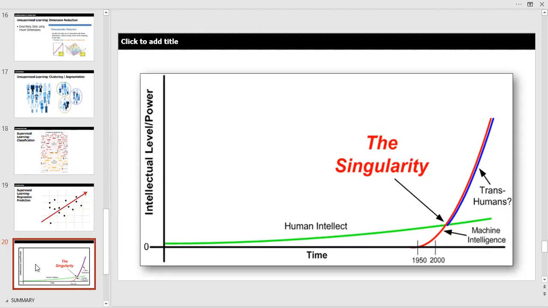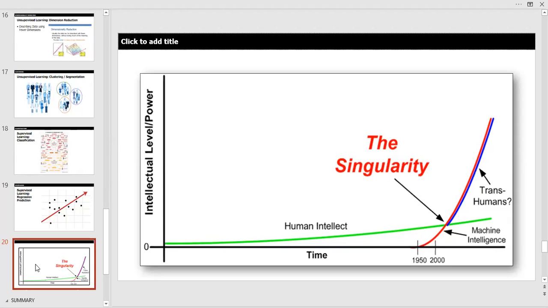And if you're not familiar with the term the singularity, now you should learn it. We're not far from the singularity, maybe 20 years. I don't know. The target was 2045, but they're not always on time. So we don't know if it's going to happen sooner or later, but this is artificial intelligence. So when you hear about artificial intelligence and the singularity, that's really kind of the same thing. And it's the point at which the machines are much smarter than us humans.